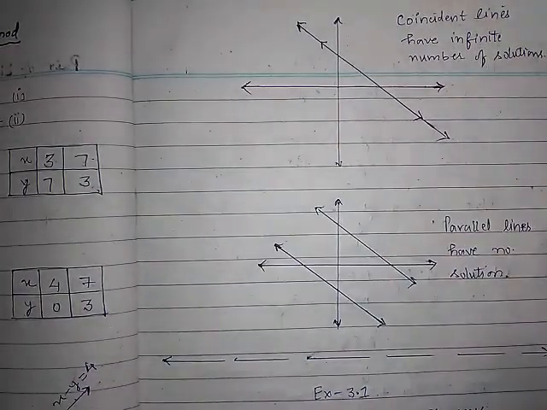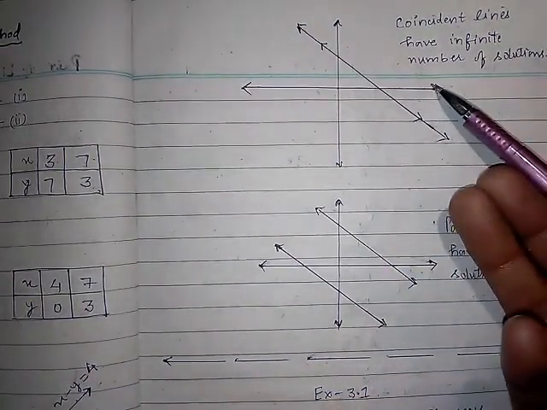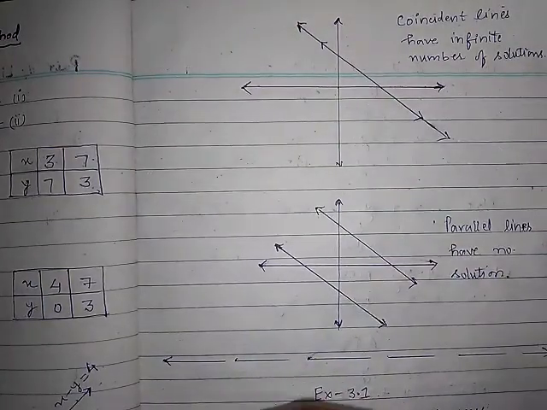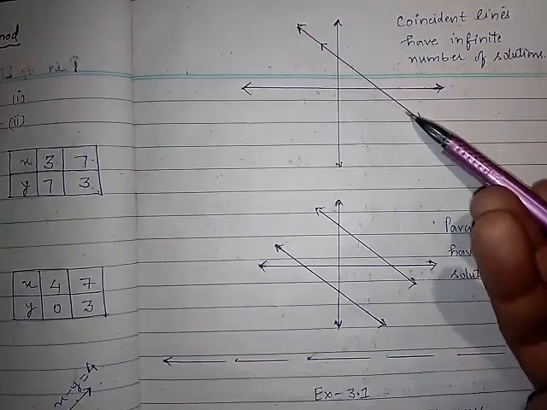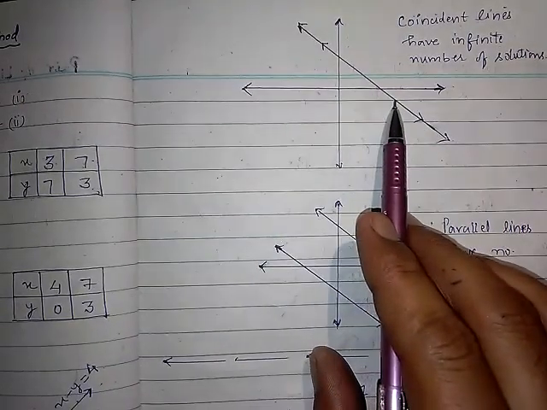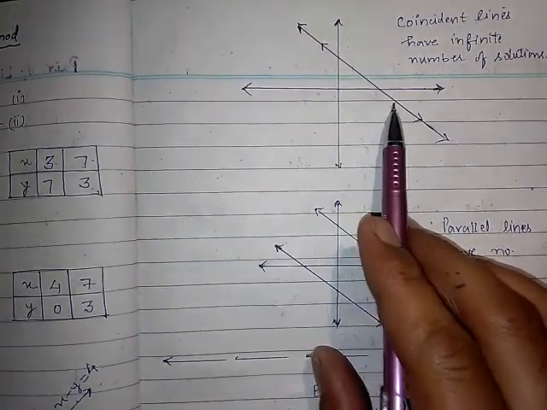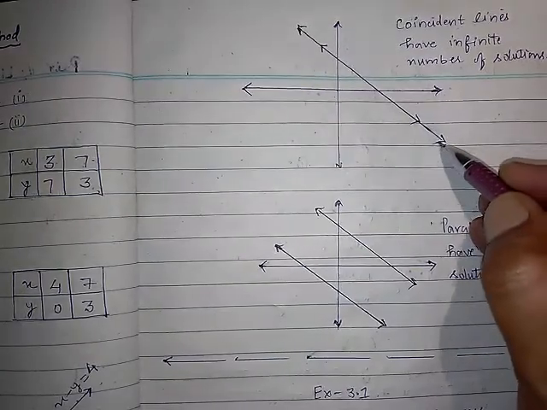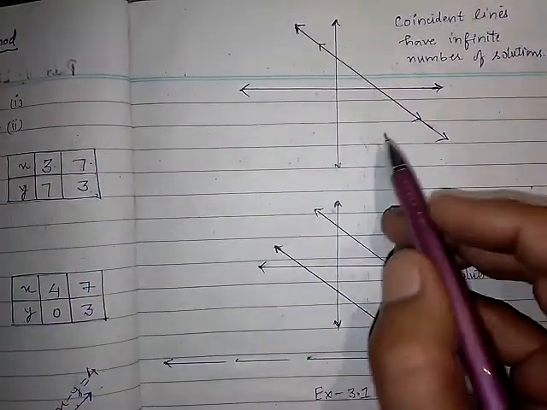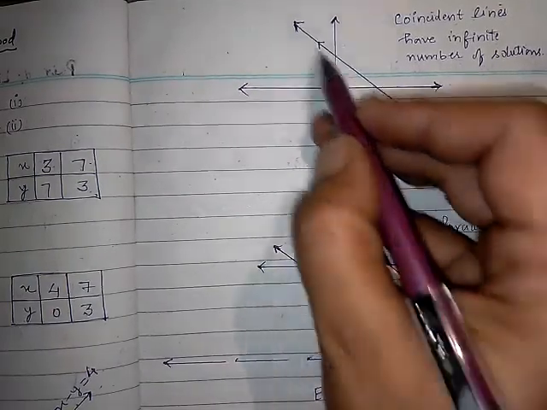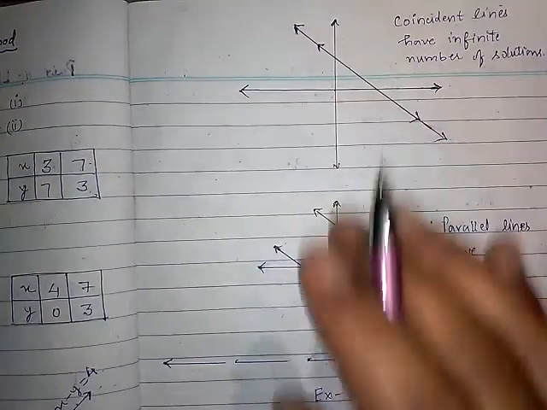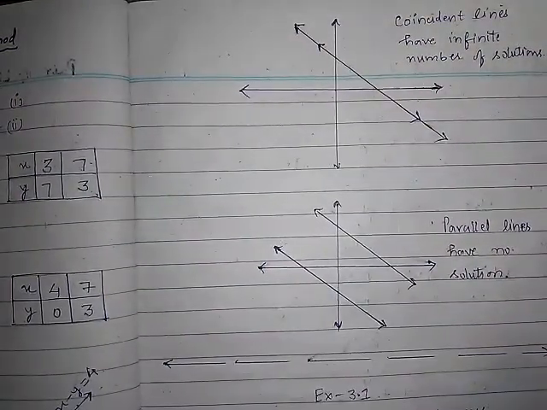Suppose you are getting coincident lines, as we got intersecting lines in the last problem. Maybe you can get a graph like this, meaning one line upon the other. So you may not be able to find the other line, but I have shown it with the double arrow. It means the first line I have drawn over here, then when I draw the second line, again you are getting this line on the line. So I have shown that with this double arrow. It means both lines are overlapping each other.